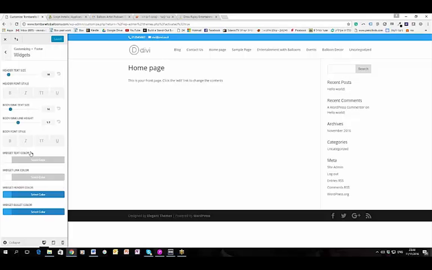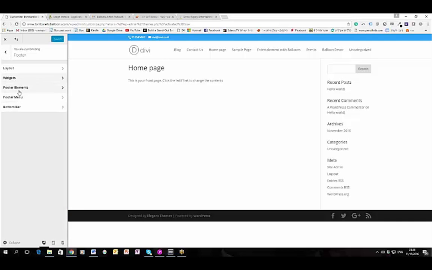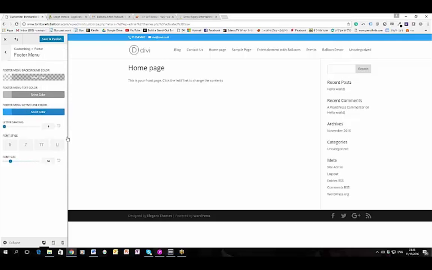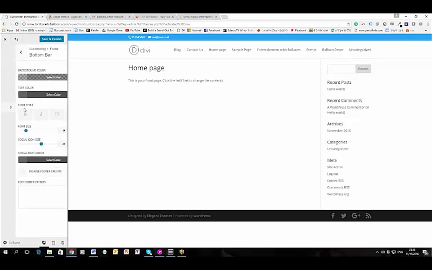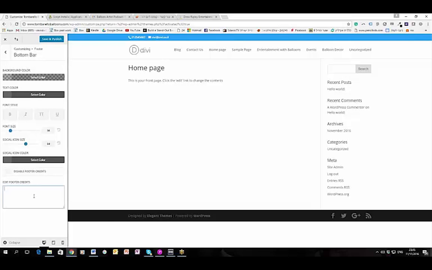The widgets can have a different font, and you can choose if to show the social icons on the bottom or not. You can see it in here. I will use it for now. The footer menu, I'm not going to change it, and the bottom bar, you can add some extra credits, like,